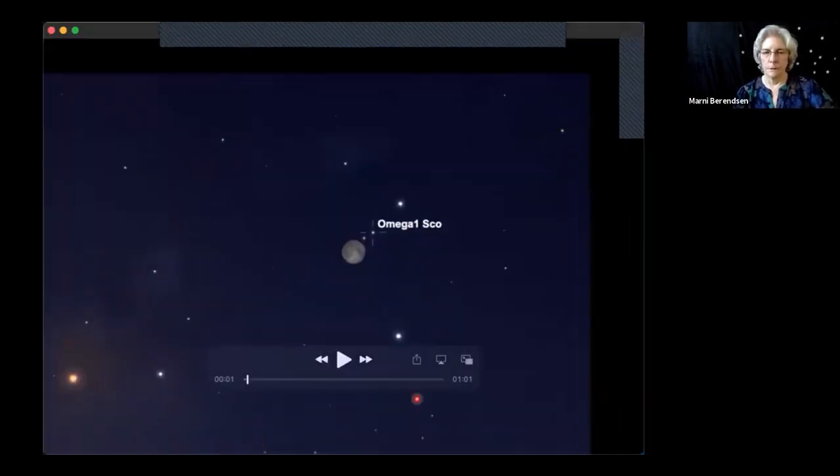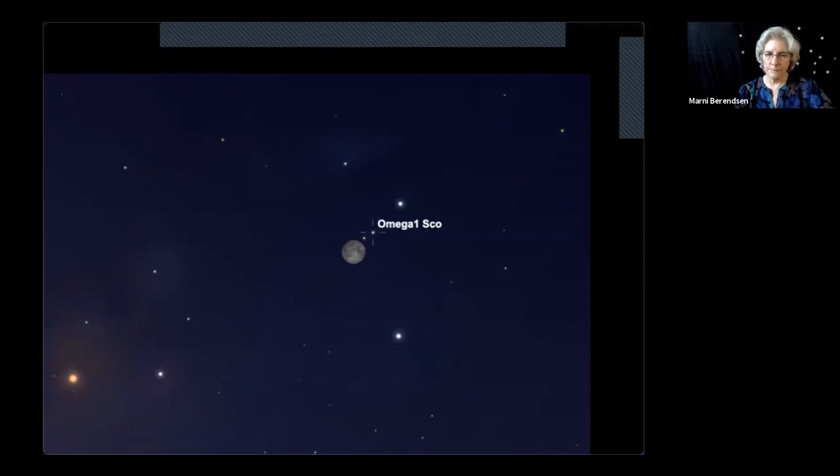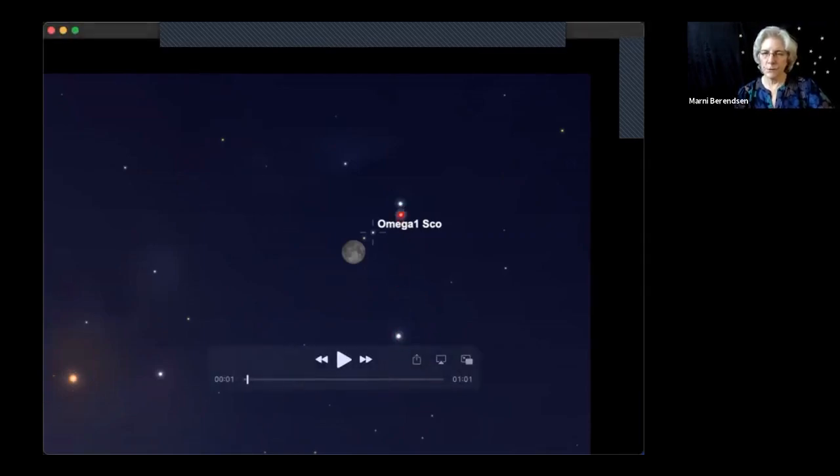And here's the video. Here's Antares right here. These are those two stars of Scorpius. And this star is the reference star so that you can follow the path of the moon through the sky.